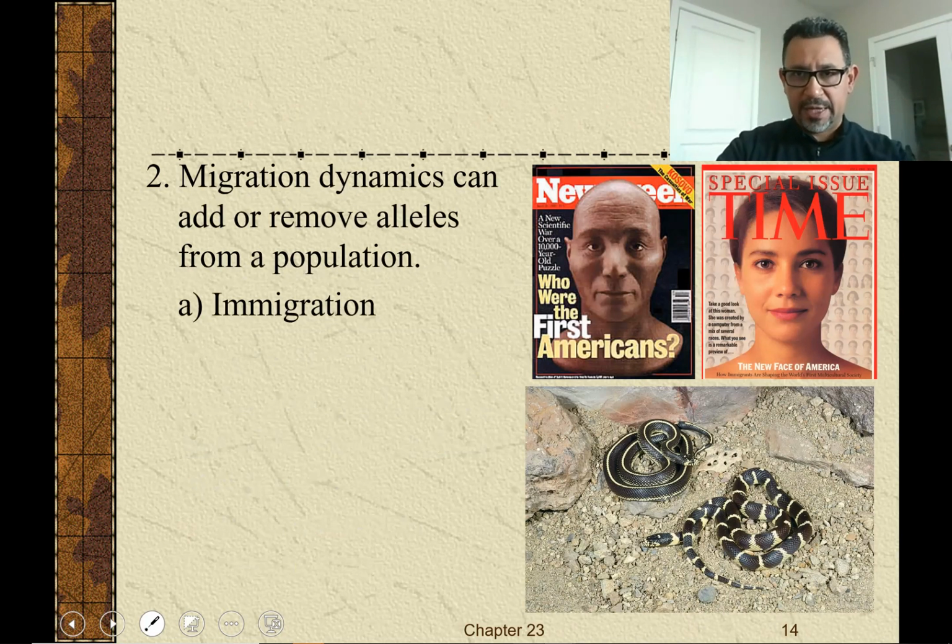When the movement is into the population, we'll call that immigration. When the movement is out, we're going to call that emigration. And so that can change frequencies of alleles in a population.